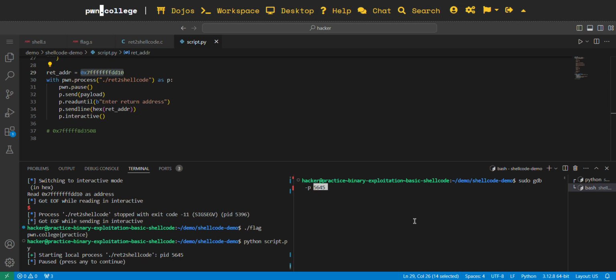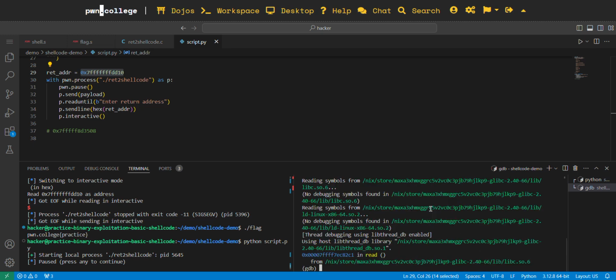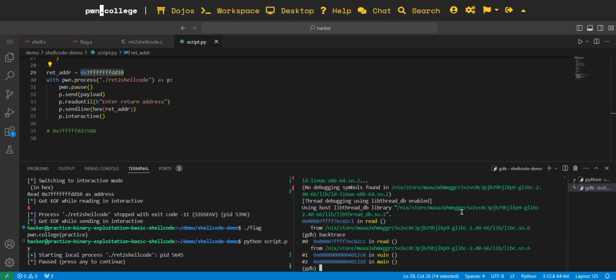What this does is attach GDB to this process, which means GDB won't add in its own environment variables anymore. Right now it's at read, so we have to stop, or backtrace. If we break here in vulnerable